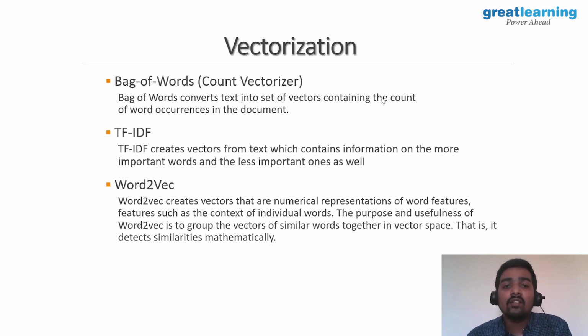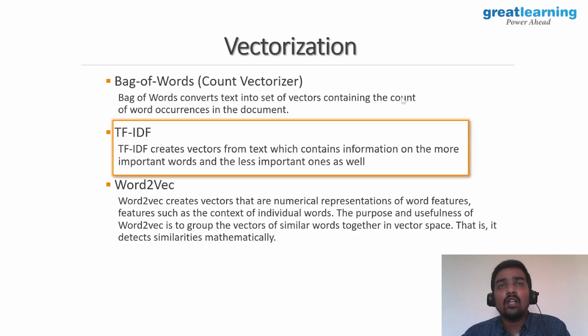And what is the vectorization technique which we use in our use case? In our use case, we'll go with TF-IDF, and we'll see the additional things available in TF-IDF, the n-gram range and the analyzer, which help us make the model better understand the information about the data which we feed in.